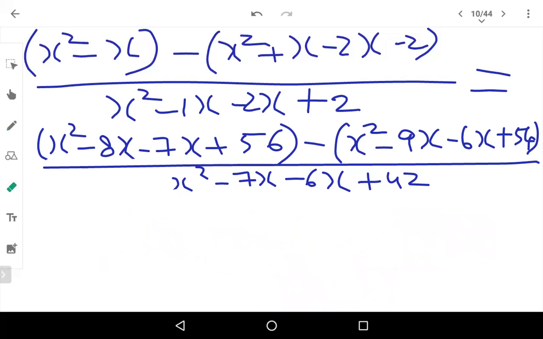Any doubts in this step? You have to be very careful in multiplication because if you don't consider the signs properly, they can get changed. Clear? Okay. Now moving on to the next step, let us just remove the brackets and write down the equations after simplification. So first, x